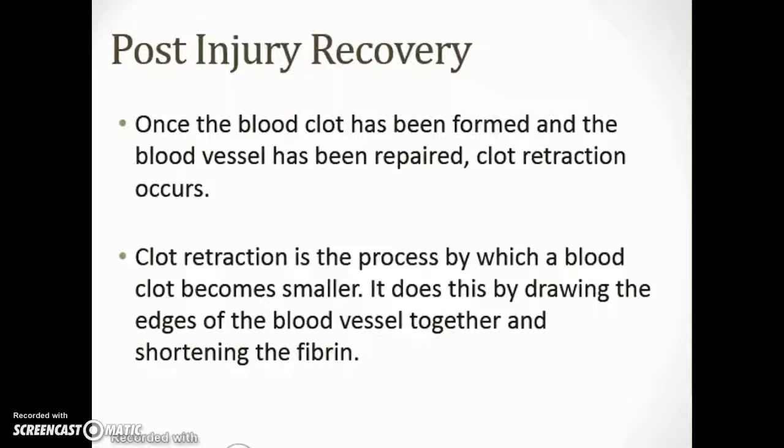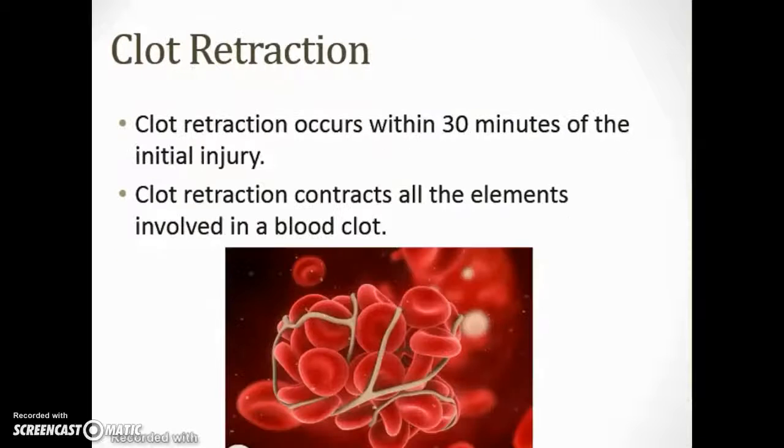So once a blood clot has been formed and the blood vessel has been repaired, clot retraction occurs. Clot retraction is the process by which a blood clot becomes smaller. It does this by drawing the edges of blood vessels together and shortening the fibrin. Clot retraction occurs within 30 minutes of the initial injury, and contracts all the elements involved in